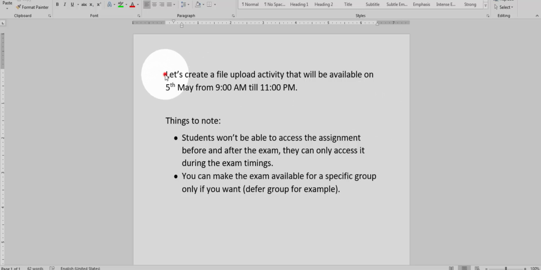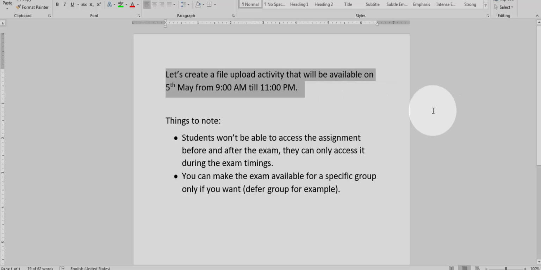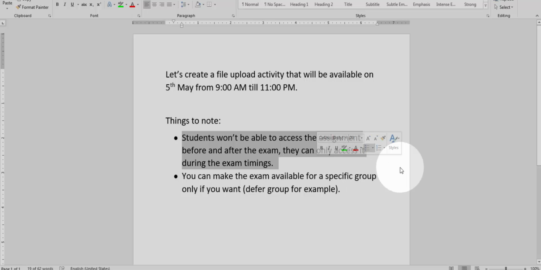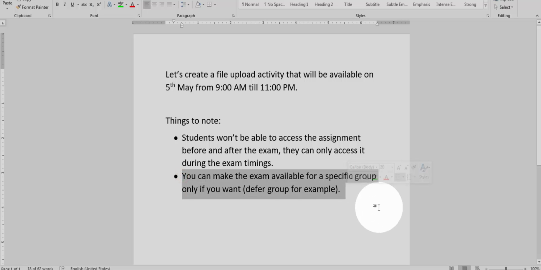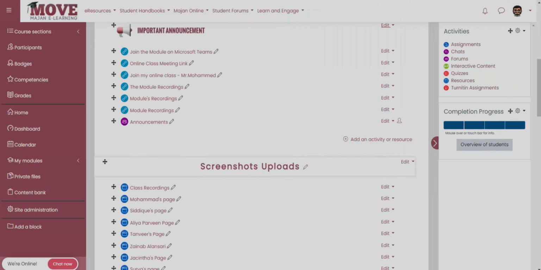Let's create a file upload activity that will be available on 5th May from 9 a.m. till 11 p.m. Students won't be able to access the assignment before and after the exam. They can only access it during the exam timings. You can make the exam available for a specific group only if you want, defer group, for example. So what we do first is turn editing on in your module,